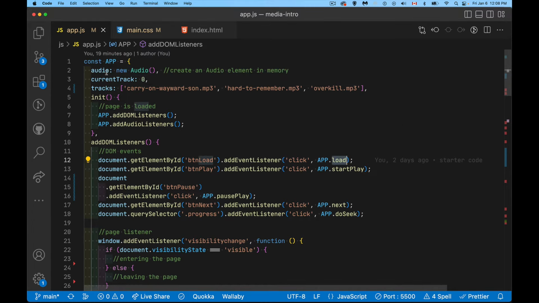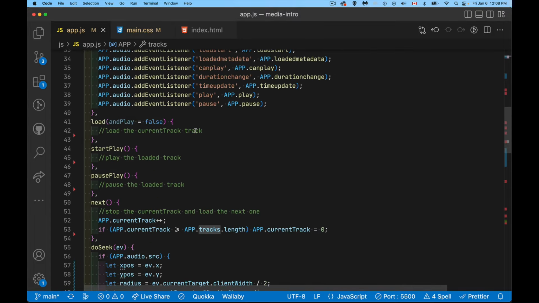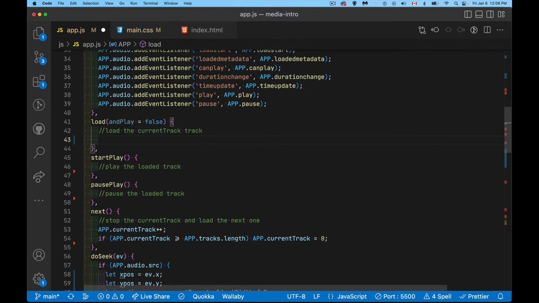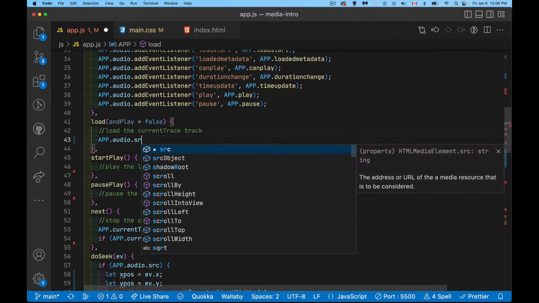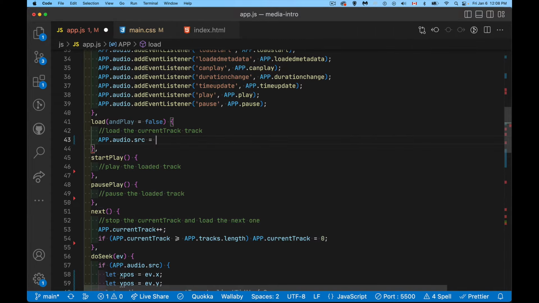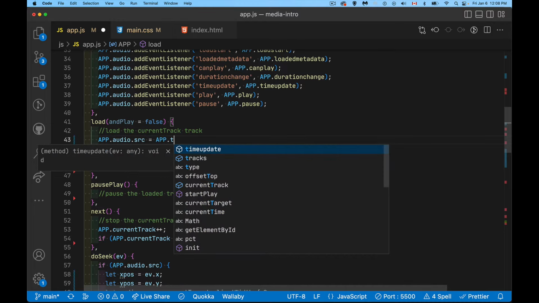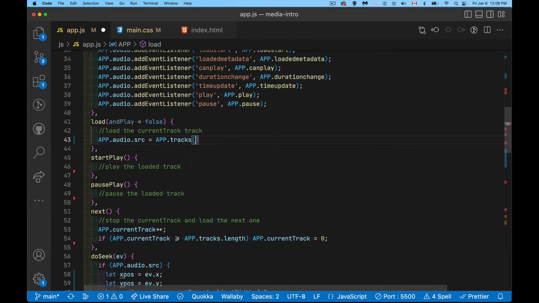So app.tracks, that's the array. App.currentTrack is 0. And app.audio, that's our audio object. So those are the things that we need down here in the load. What we're going to do is we're going to say app.audio, that's the audio element, and we're going to set its source. So we've got app.tracks is the array, and inside there,